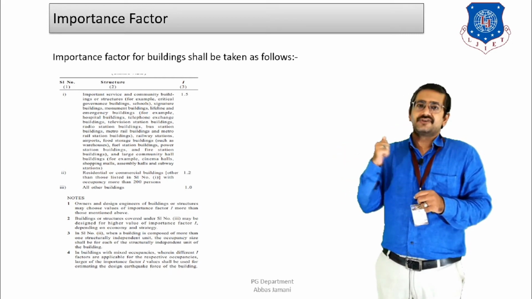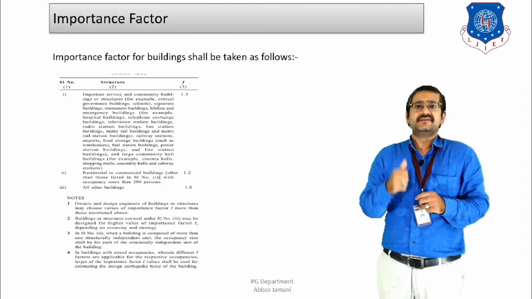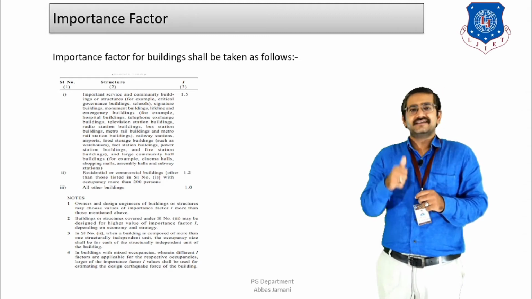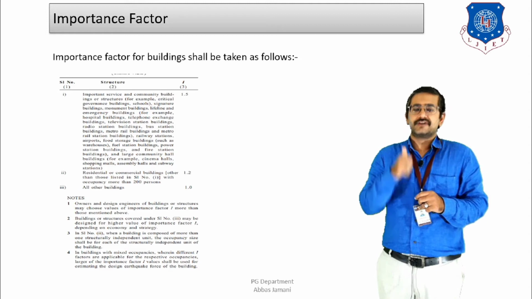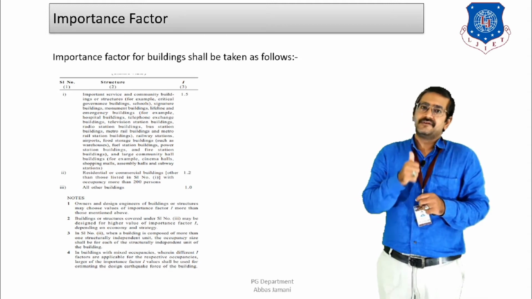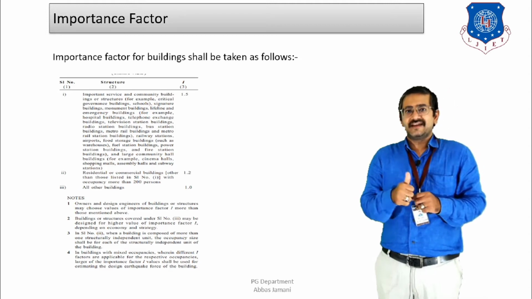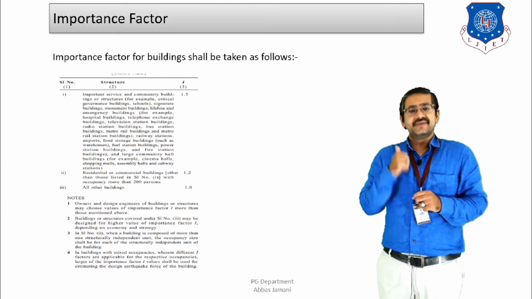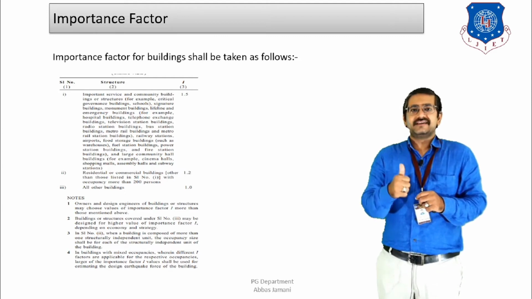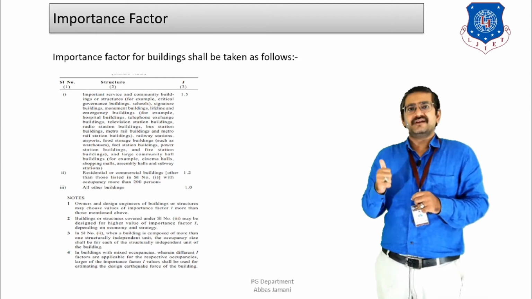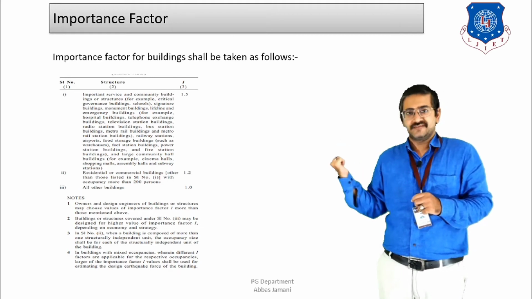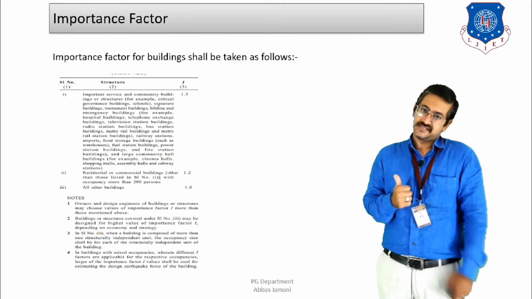However, the choice shall be such that the designer will be able to decide best what the functionality of the building is, what the utility of this building is, and how important this building is to the client and the end user, right? So based on his calculation and his discussion with the client and the type of building, he'll be able to select the value from this table given over here, with due justification.